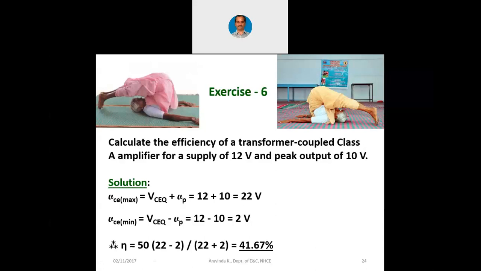You keep exercising physically also, you keep exercising mentally also. In the sense, you keep your body also fit and fine and healthy. At the same time, you keep focusing on studies also and keep on solving these exercises on your own at home.